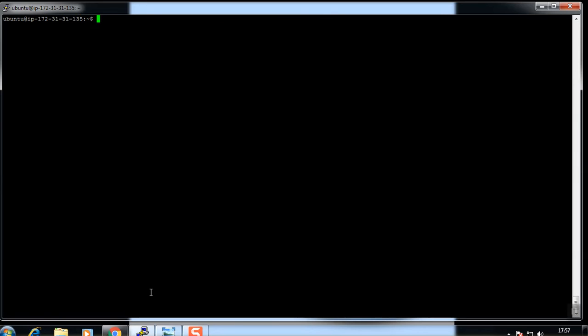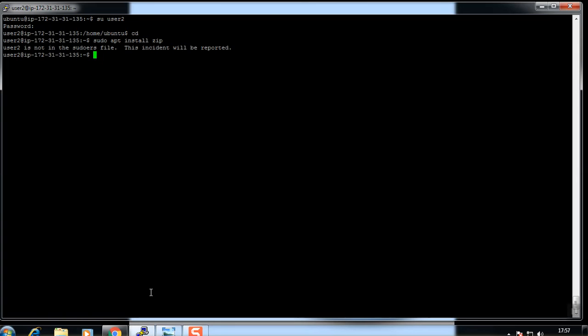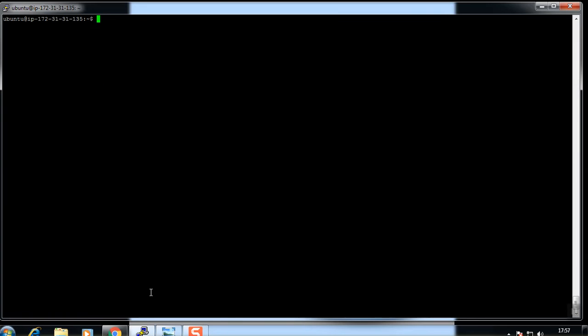So now let us see whether user2 has the administrative privilege. Now again I will use sudo, same command, apt install zip. So user2 is not in the sudoer file, it did not even ask for the password. Okay, fine. I will come out and I'll show you the other way how you can add this user